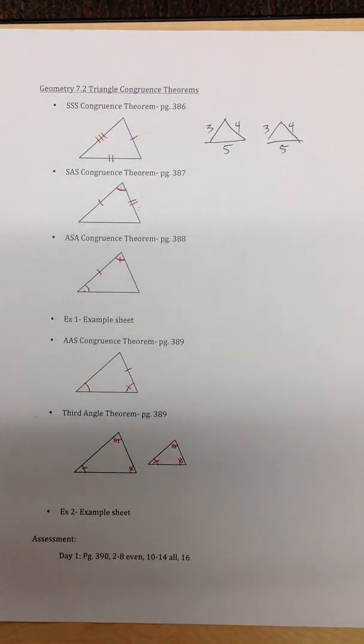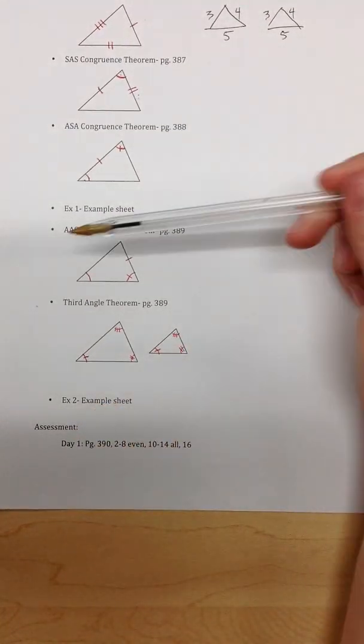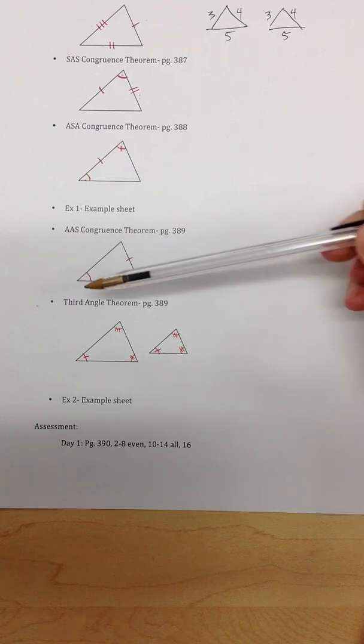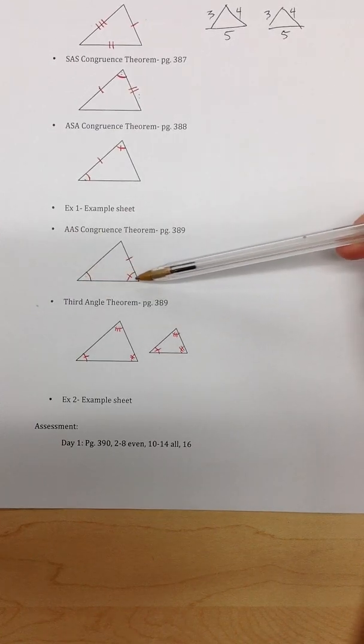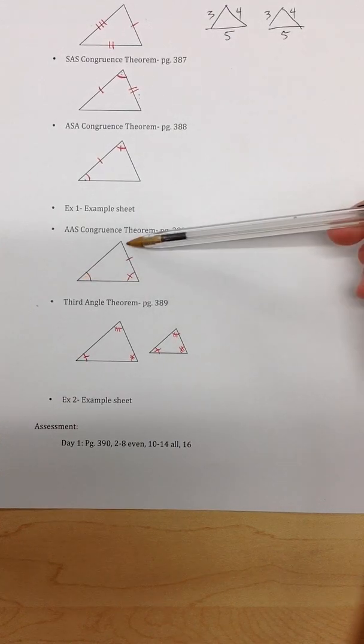Okay, what do we got next? So we got another congruence theorem. This one is angle, angle, side. So this one you've got an angle, and then you've got another angle. So we kind of skipped this side here and went angle back to back with an angle, and then a